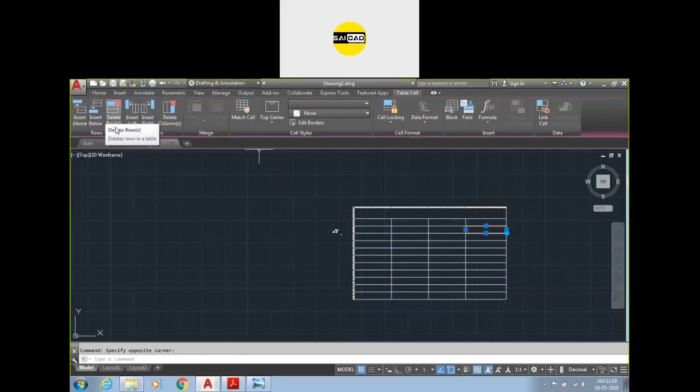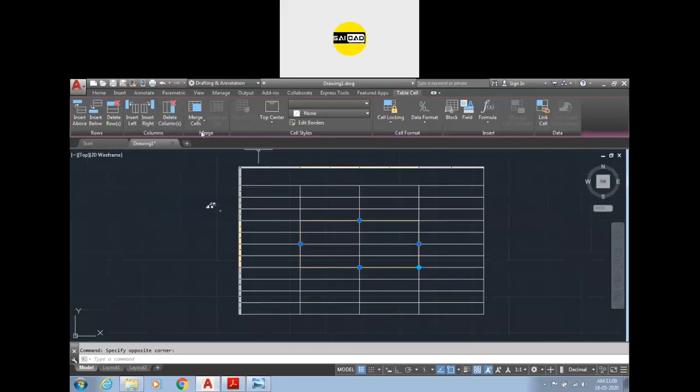Here you can insert a row like you can use in Excel. There are some rows and columns options. You can insert or delete some rows, you can insert some columns, delete some columns. Or if you select multiple columns, you can merge them. Right here, the merge option. You can merge them to create one cell, or unmerge.